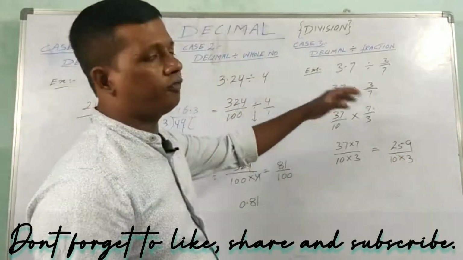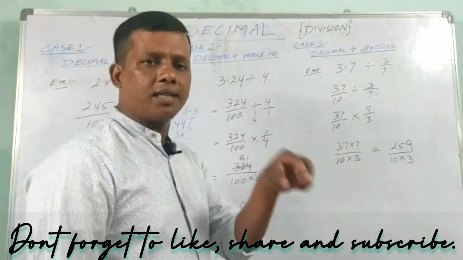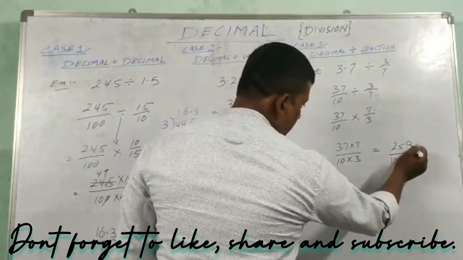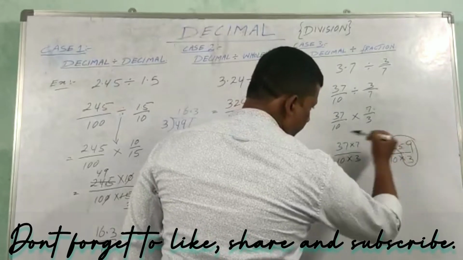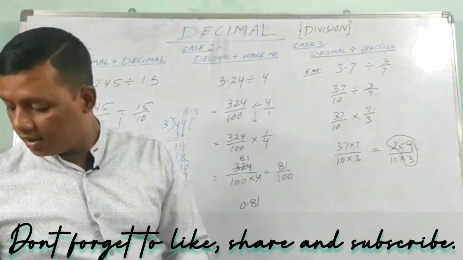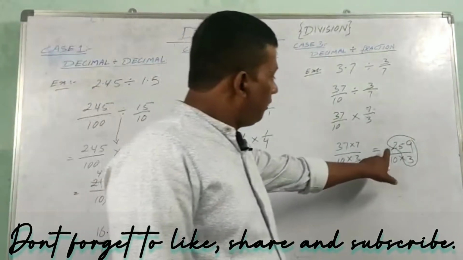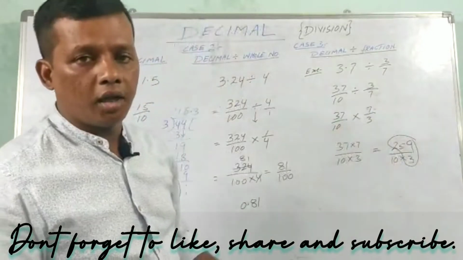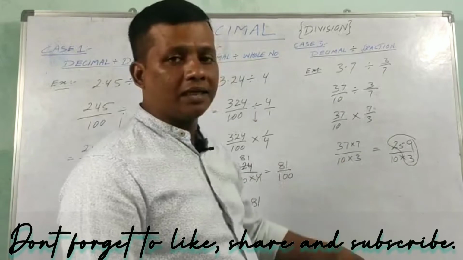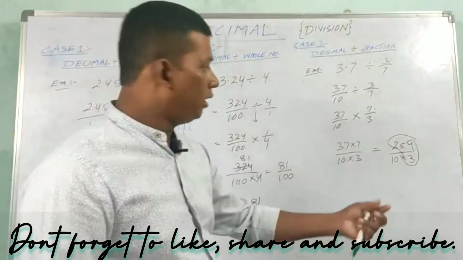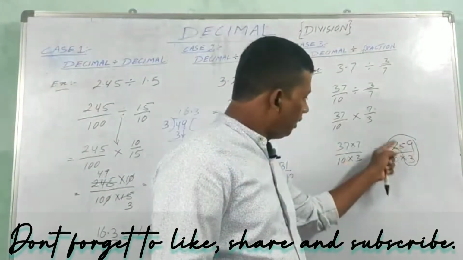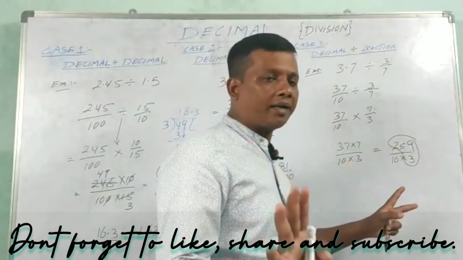Now if we want the final answer in decimal, in that case only you keep these steps in mind. First divide 259 by 3. If it is in fraction form also it is correct, you can leave it till here only, or you can divide 259 by 30 directly. Like that also you can do. 259 you divide by 30, that is the first one. In the second one, fraction form, you can write the answer and leave it.